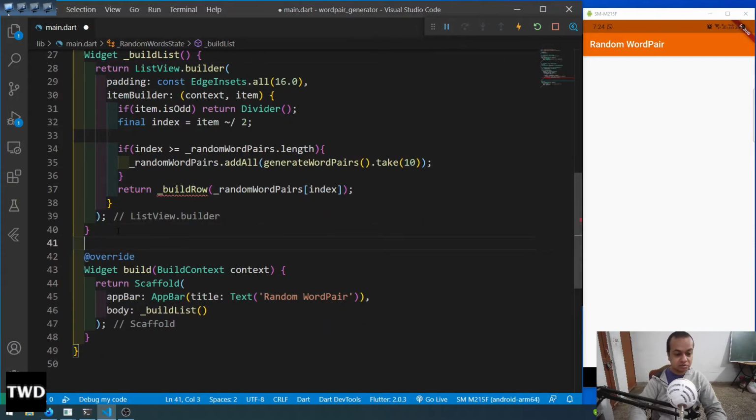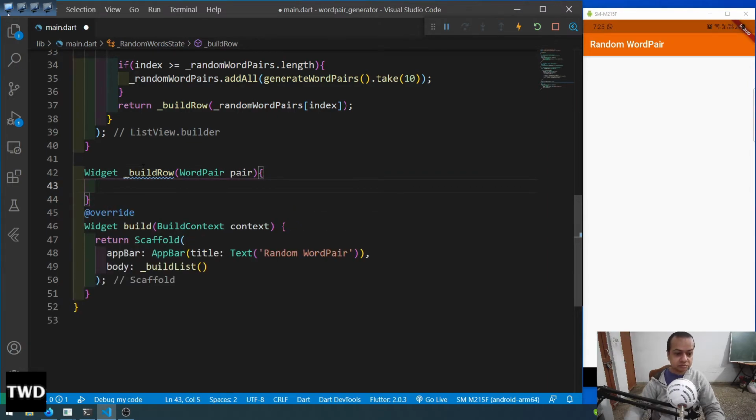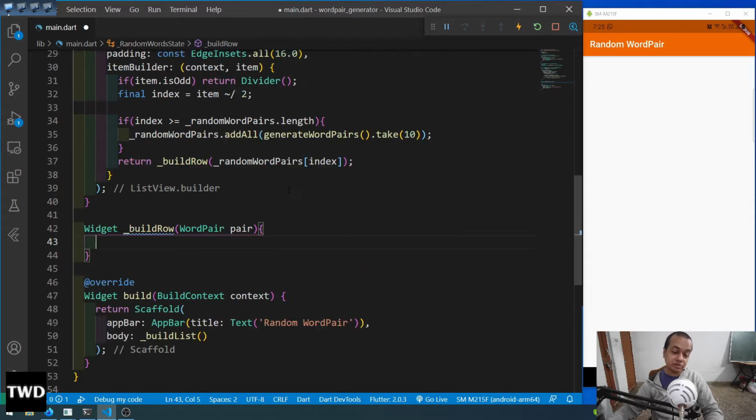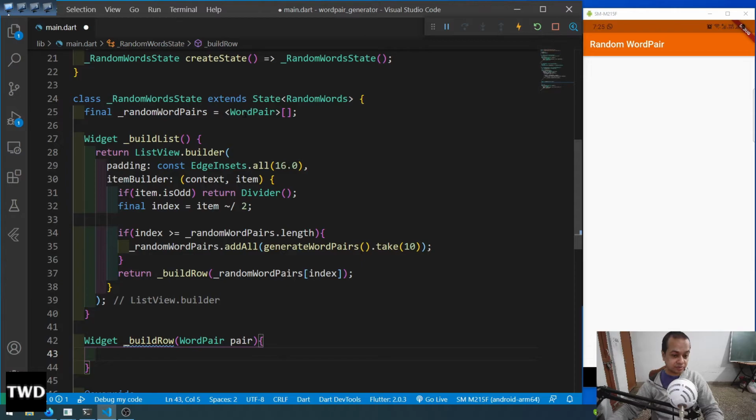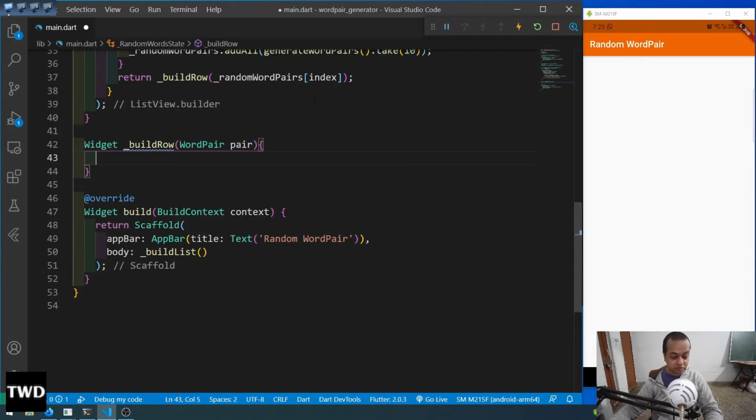So let me come here, widget, build row, word pair. So this is word pair. So we have to give that argument a type, whatever parameters you're passing, we have to give it a type, and the type is word pair. So word pair is this type. So our English words keyword type is the word pair. So now from here, what we are going to do, we are going to return list